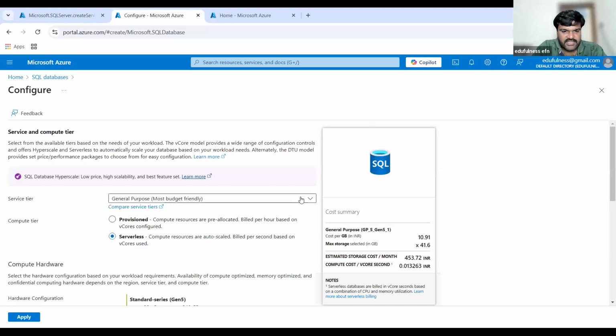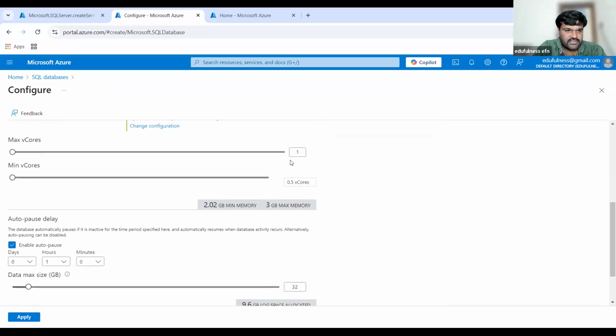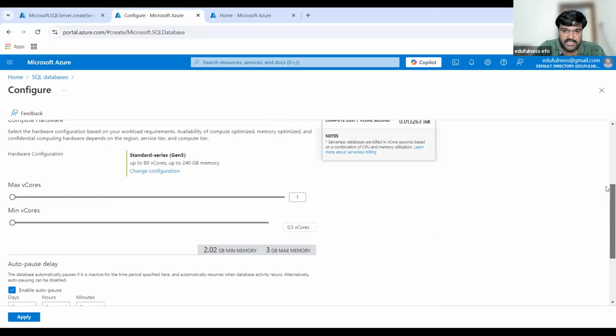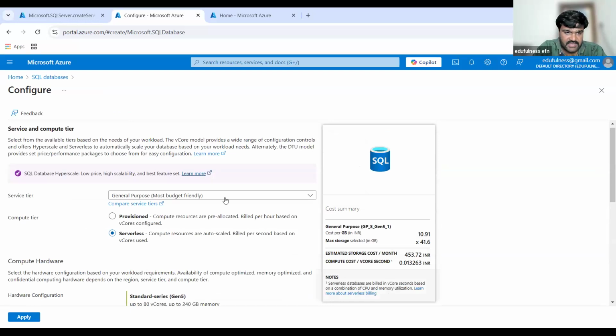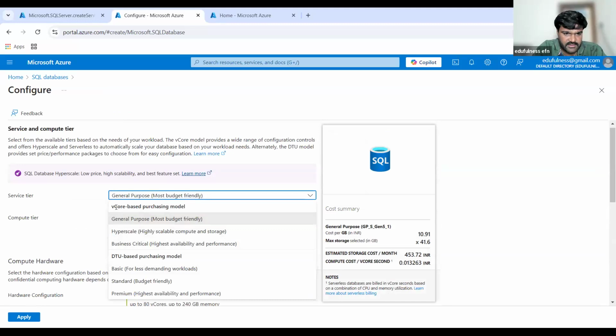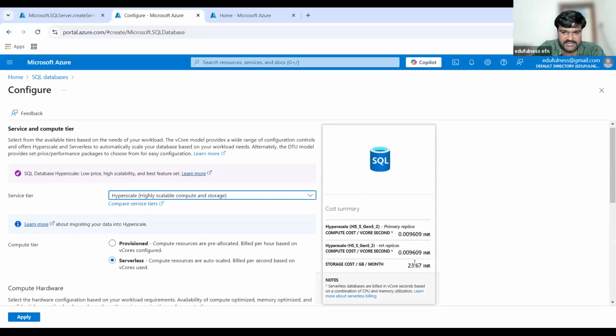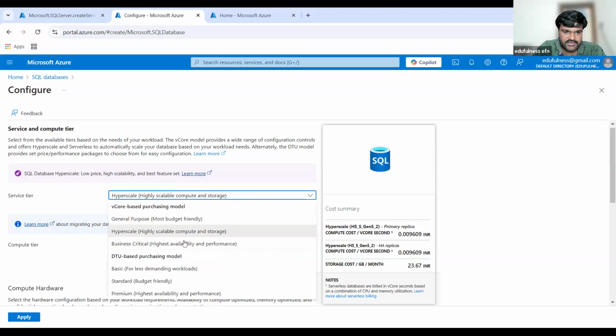Here especially, yeah. Here maximum vCores, how many, all these things, have a look. Just experiment with billing wise, how billing is changing. Come here, general purpose, right? I have taken that. For you, vCore based purchasing and DTU based purchasing, both options will be there. And in each option, 3 sub options will be there. So have a look. If I take this one, how the billing is changed. If I take another option,